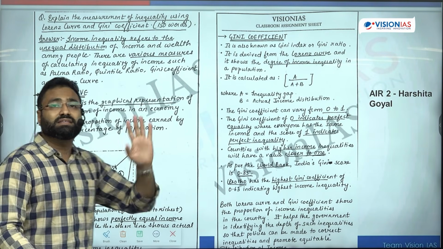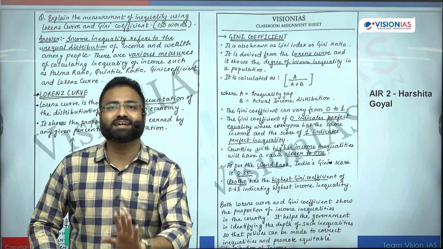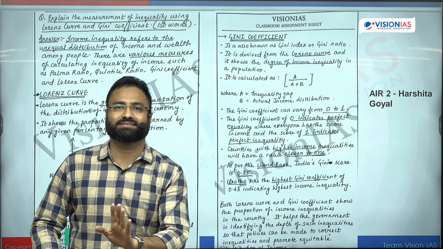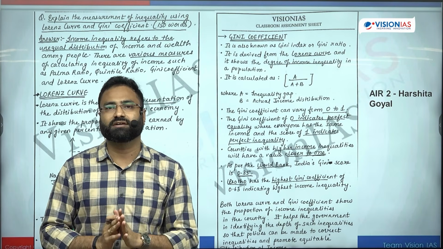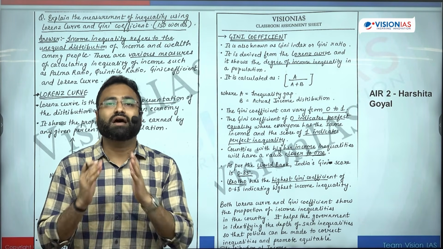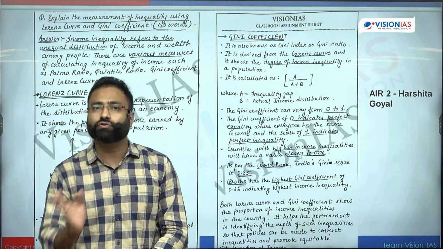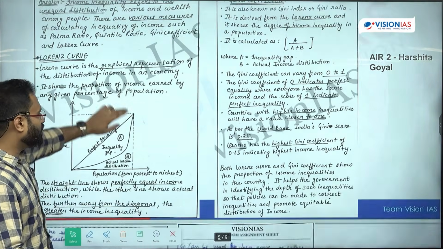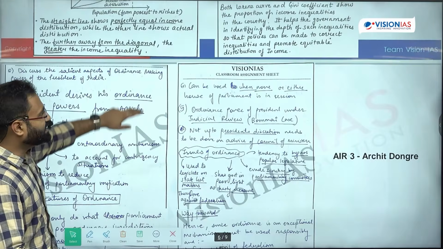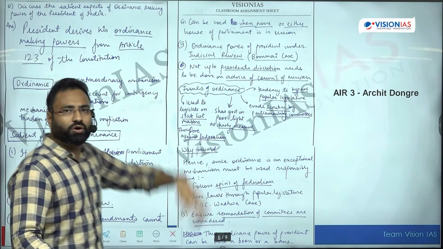But see, these are the initial answers. Again, I am telling you, these are the initial answers. These are for the reference, from where they have started, how they have started to write the answers, and also from here you can start writing the answer. Similarly, when we talk about Archit's answer, let's see how he had done the structuring or the organization of the answer.